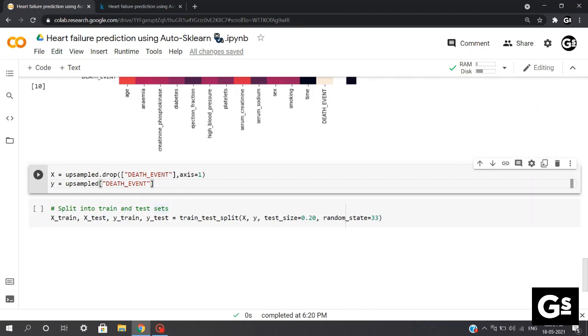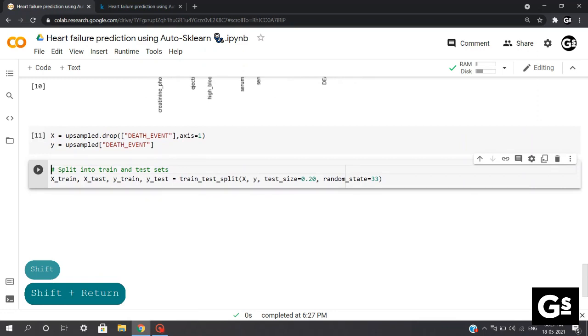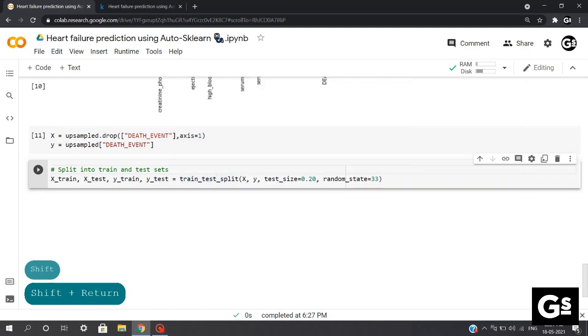Now what we'll do here is we'll separate our data into dependent and independent variables. So in X, we'll be adding all our independent features except the target variable, and in Y, we'll be adding our target label, and we'll execute this. Now in the next step we'll be splitting our data into train and test data. So we'll use train_test_split which we imported earlier from sklearn.model_selection.